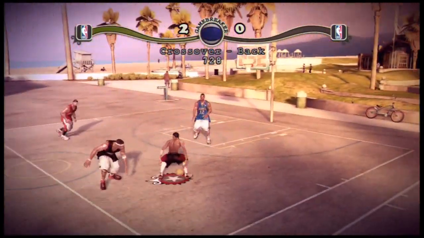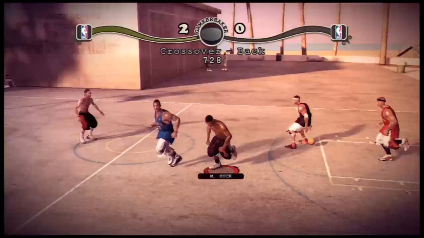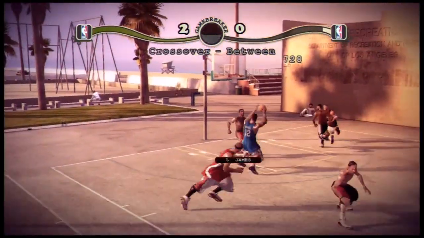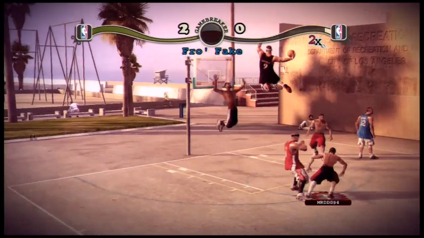Look how graphically it looks. Look at Andre Iguodala. Look how when I stole the ball, it was an actual animation instead of the ball just magically popping out of his hand. Look at that, man. Look how these players are moving. Look at the body types. Look at the collision. Look at all this stuff. This is what